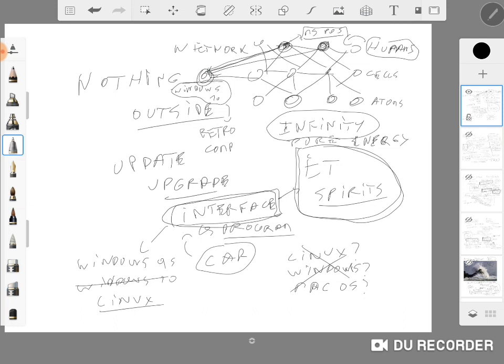He updated his interface so radically that it almost severed the links with other nodes, and he found himself on a completely different network. So that's what raising your consciousness actually means, if you want to use this computer metaphor, which I find really useful. It's just like updating to another version of the operating system, and it allows you to perceive a new reality, that is a new interface. And it may sever the links between you and some others.